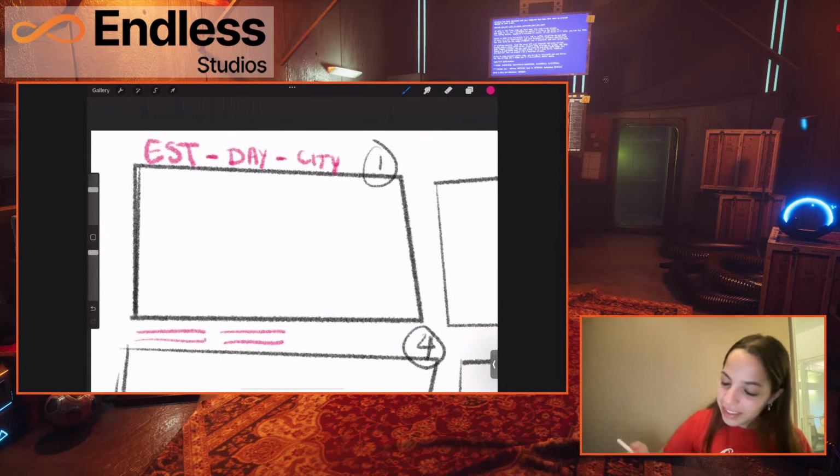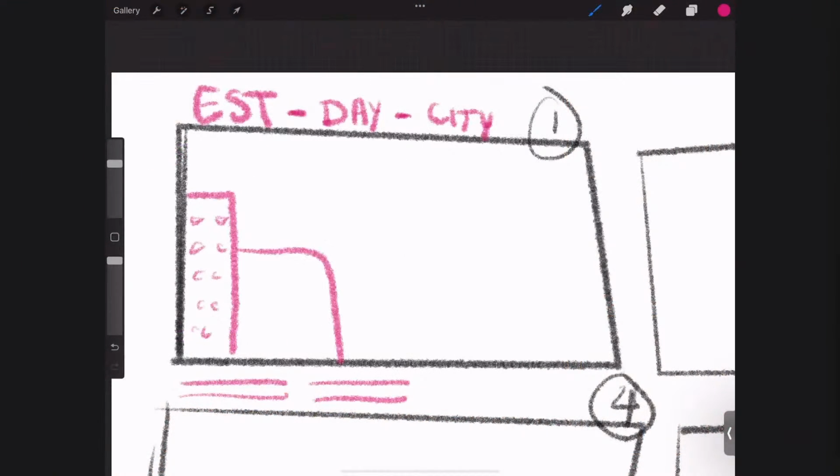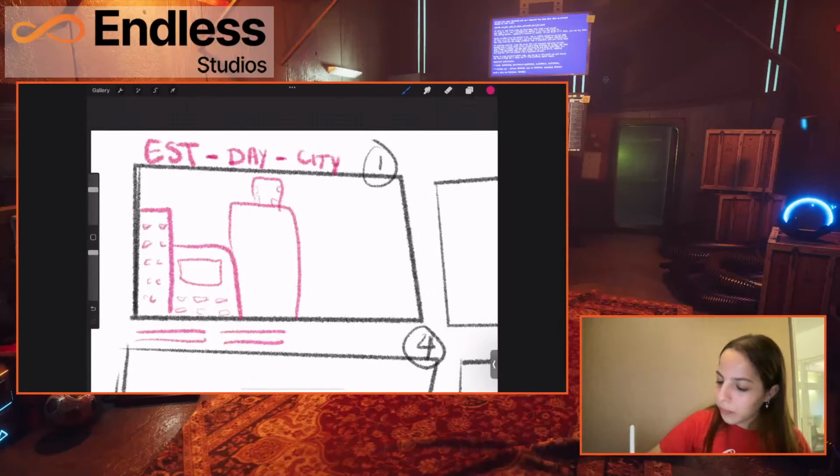So establishing the city. So establishing, it's going to be farther, right? So let's have some buildings. There are some buildings. Then you have more. These look like perfume bottles, but you know what?